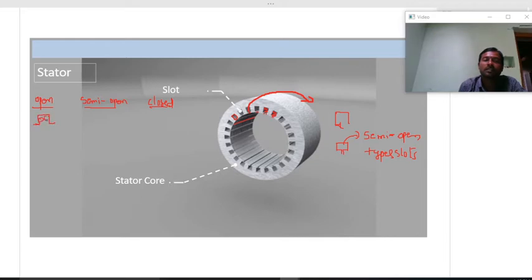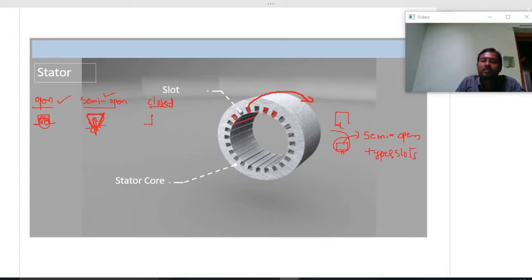You can place the winding easily in these open slots. But if you take semi open slots, that will be like this. You can see this one. These are the semi open. Approximately this is also the same. So we can place the winding into these slots, but it's somewhat difficult, since less space is available to place the winding. So placement of winding is easy in open type slots, and in the semi open type slots placement is somewhat difficult.